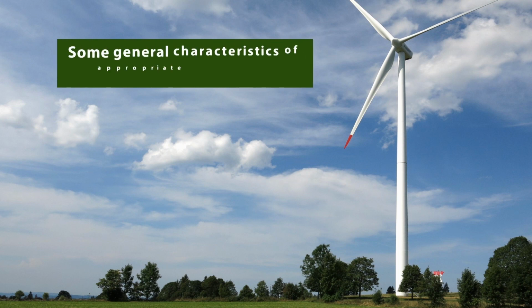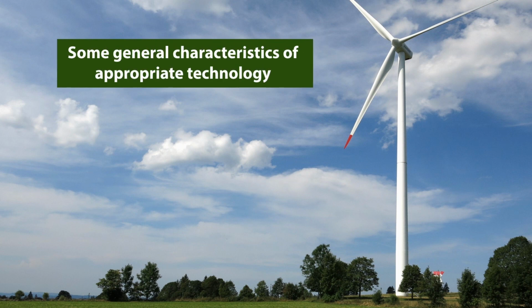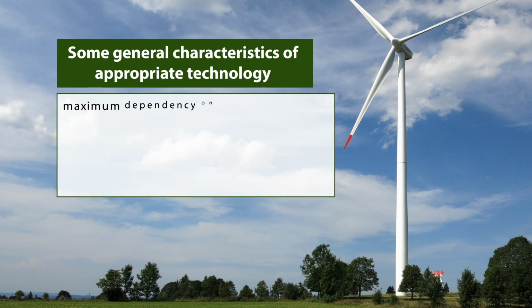These are massive technologies. For example, setting up of a network of tubes or metro which benefits the entire community of that particular region is an example of appropriate technology. And some general characteristics of appropriate technology are that it maximizes the dependency on local materials,